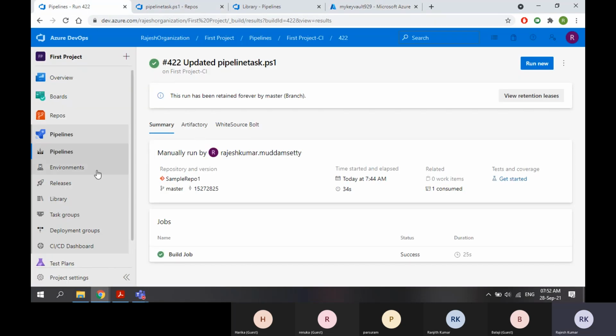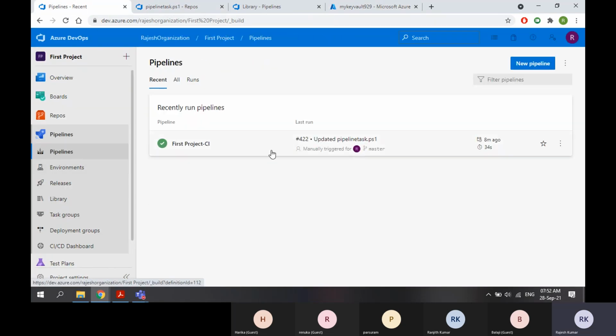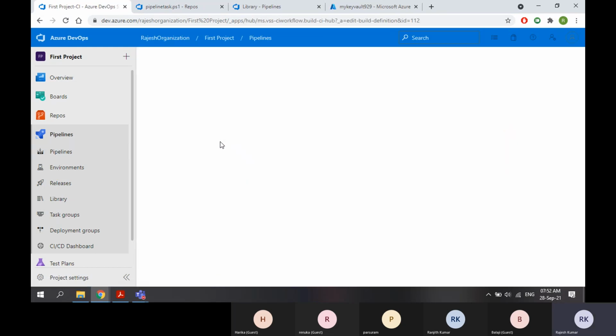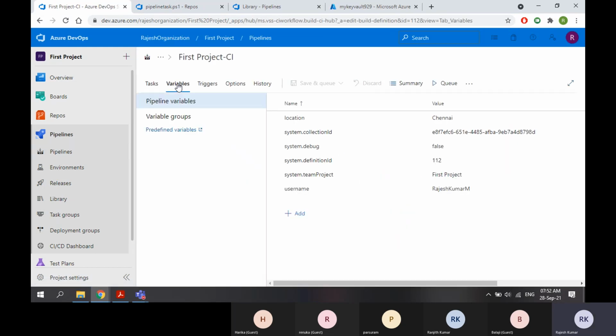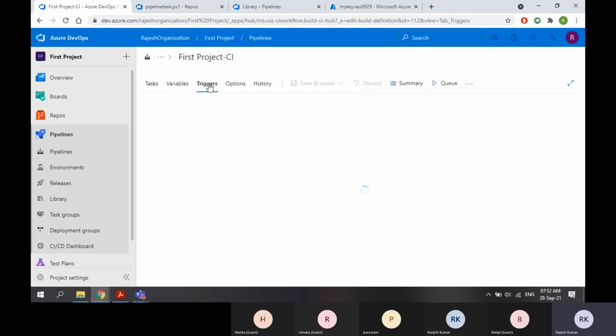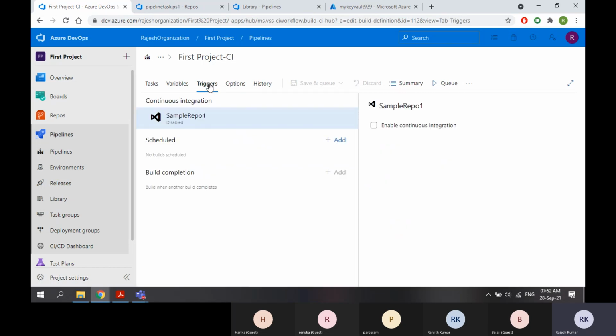Okay. Now, continuing with our pipelines only. So with this, the second section of pipeline is covered. Variables. All the options inside variables, how you can use variables, how you can pass on variables, everything is covered. Tasks, you already know. Now the third one is triggers. So what is a trigger? Trigger means when you want to start this, how you want to start this. So in pipeline,